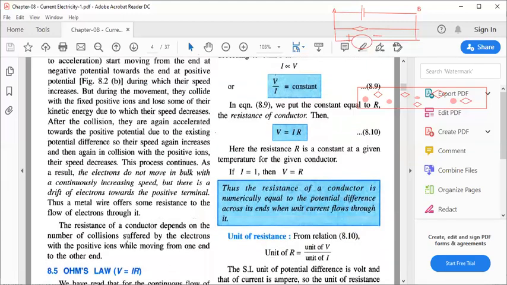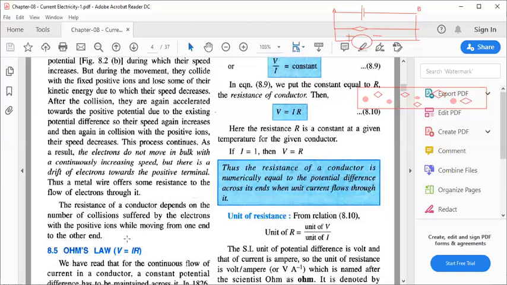So then what is resistance? Resistance depends on the number of collisions suffered by the electron. So I told you earlier that resistance is 100 ohms. The SI unit of resistance is ohm. It is named after Ohm's law. So it is majorly dependent on the number of collisions of the electrons with the positive ions. Did you understand this? Okay. Yes, ma'am. Okay. Yes. So